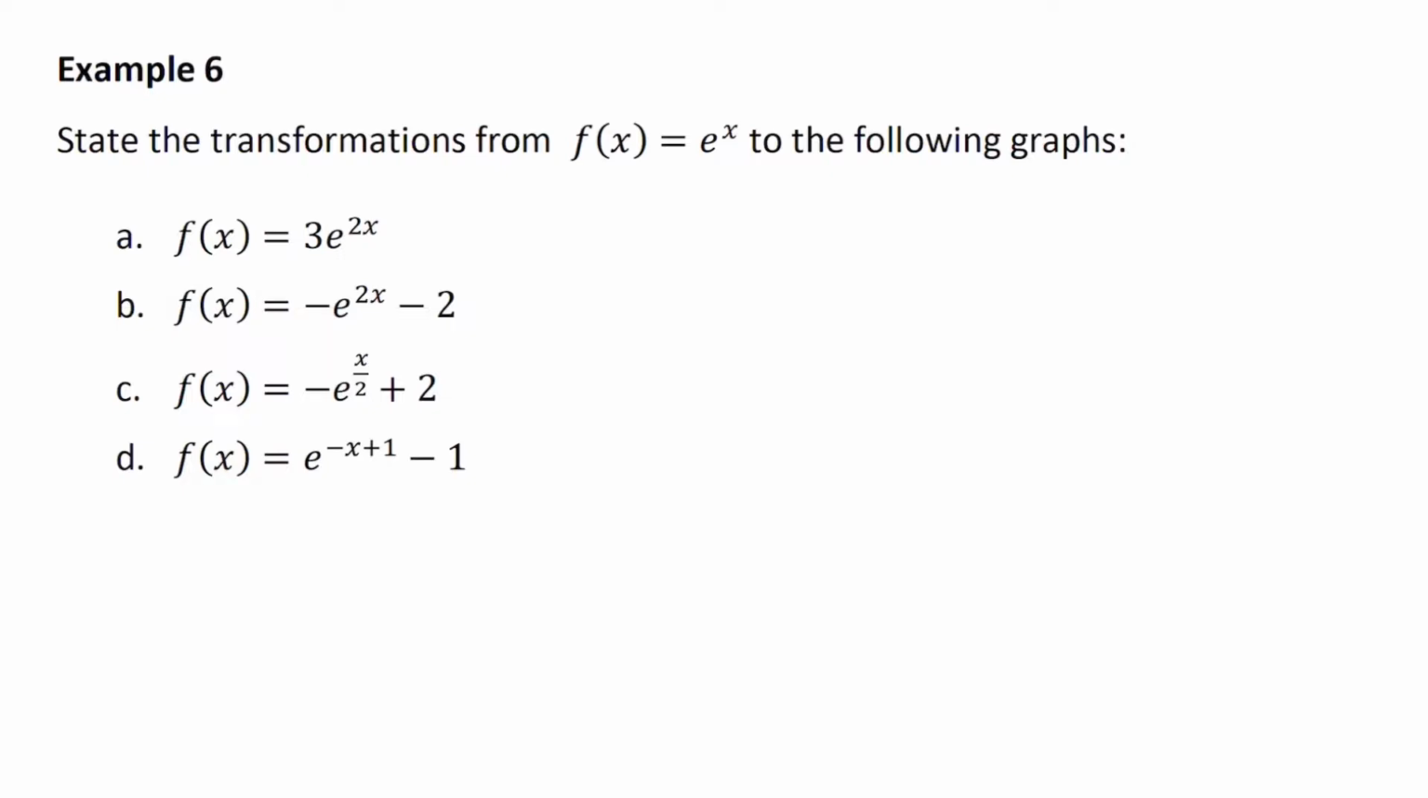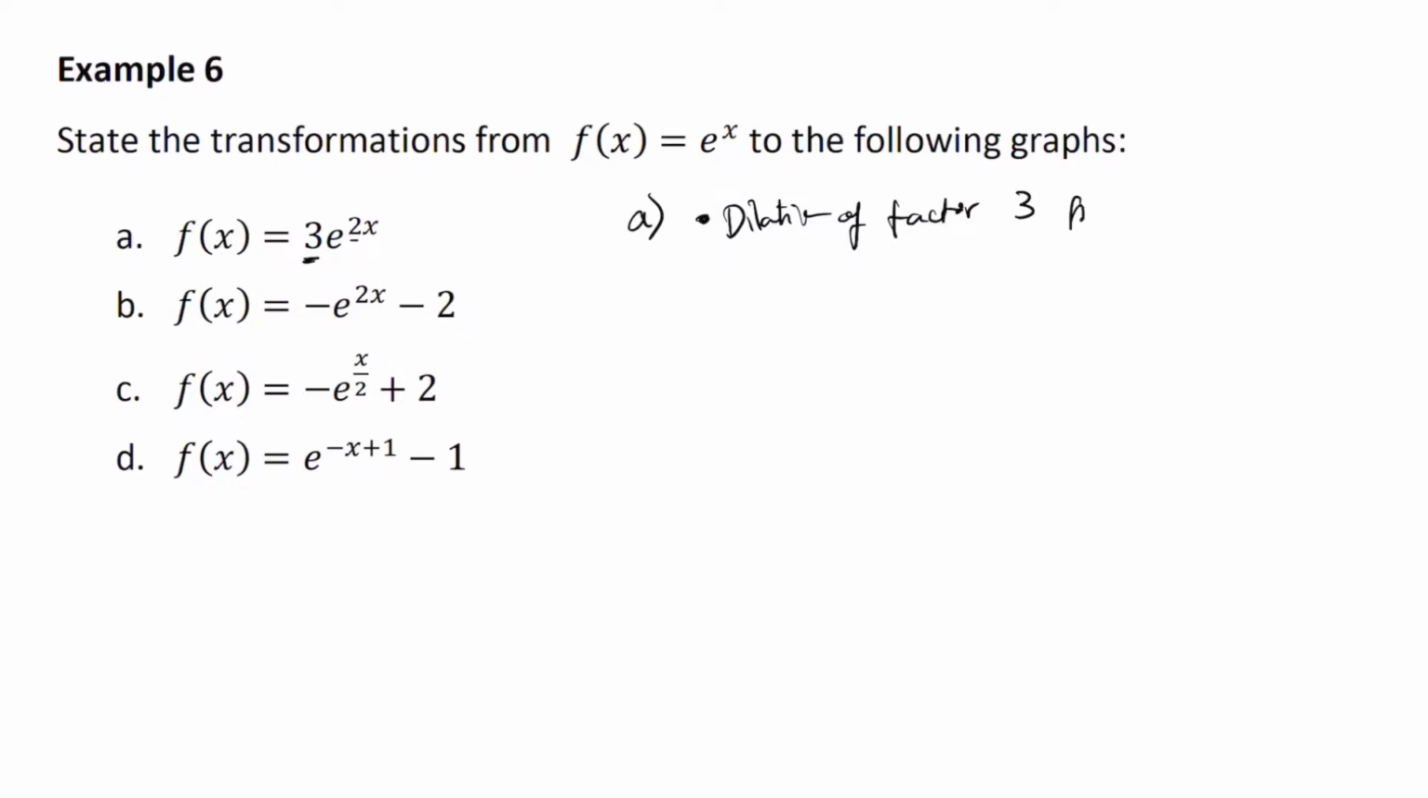So example 6 asks us to state the transformations. We don't have to graph anything so far, we just need to state it. For part A, we can see we've got a 3 out the front and a 2 inside. Out the front means a dilation, and in front of the x means a dilation as well. So the first thing that we can see for graph A is that we've got a dilation of factor